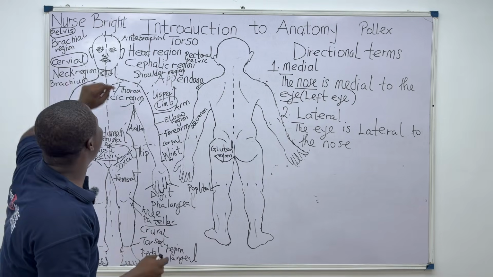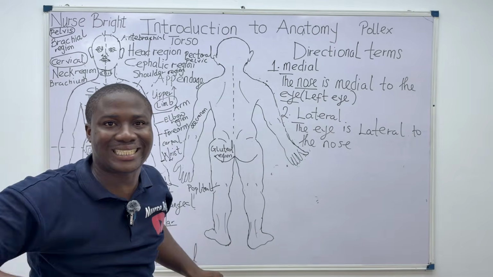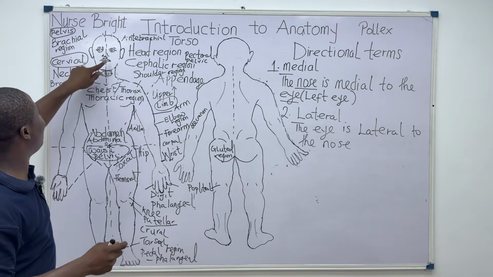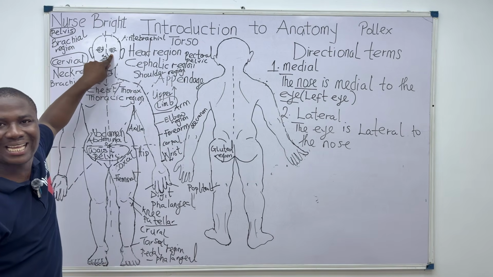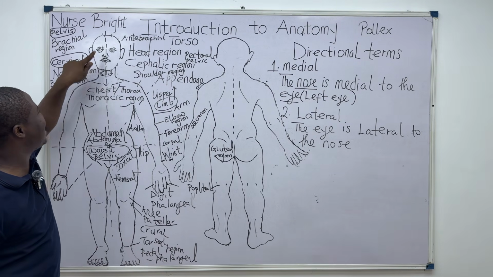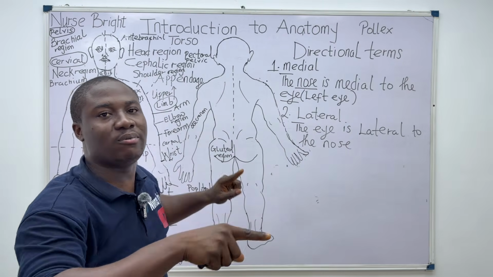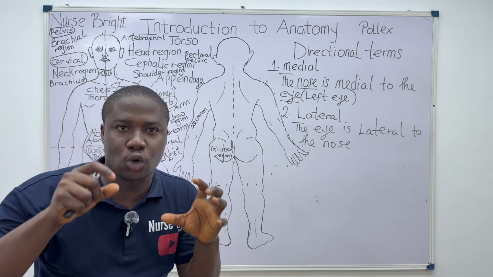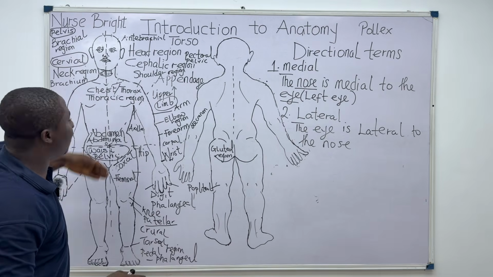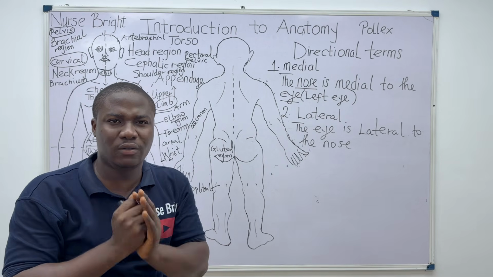Now let's compare the ears and the eyes. Which one is more lateral? The ear right now is lateral to the eyes. Let's compare the ear and the mouth or the nose. The ear is lateral because towards the side, it is farther away from the mid-plane. These are the things you should understand. It's farther away from what? The median plane for lateral. They are not hard at all. They are all very easy.